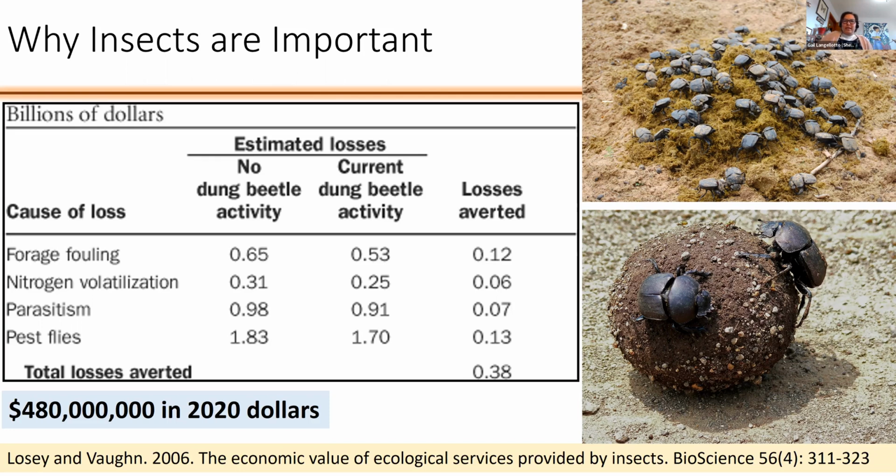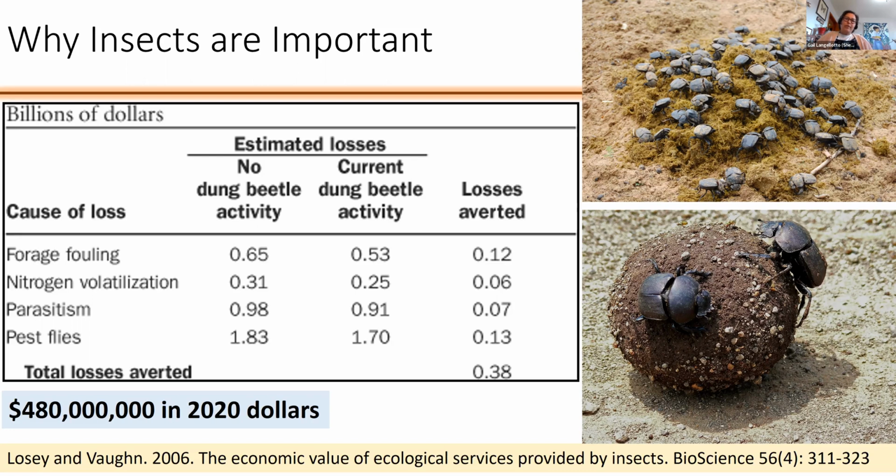So not only is it an interesting ecological interaction, dung beetles working in monogamous pairs to raise a family on little poop balls, who would have thought? Nature's just too crazy. But it also helps us to keep pastures healthy. Because if we didn't have the ecosystem services of things like dung beetles processing all of that poo, then the poo would pile up, parasites would come into the pasture, those parasites would harm the cattle and the other livestock,